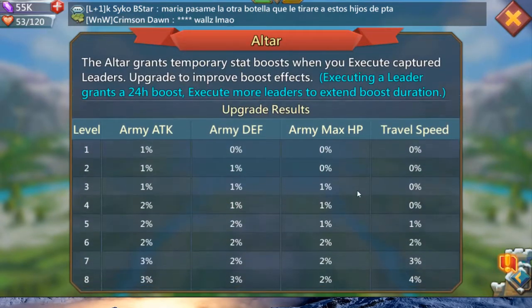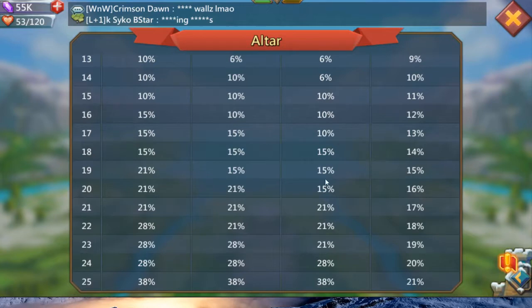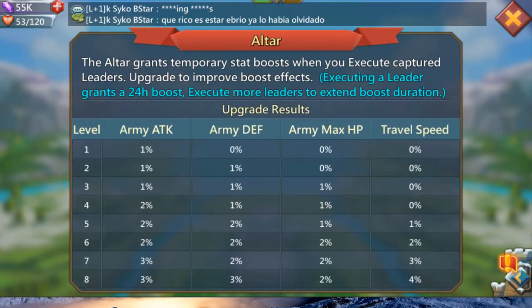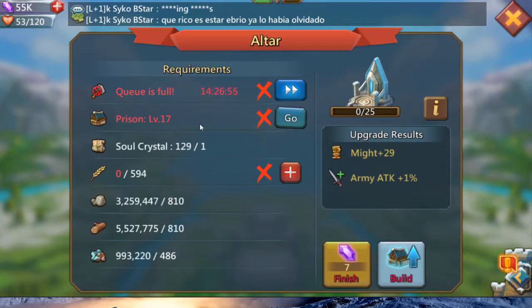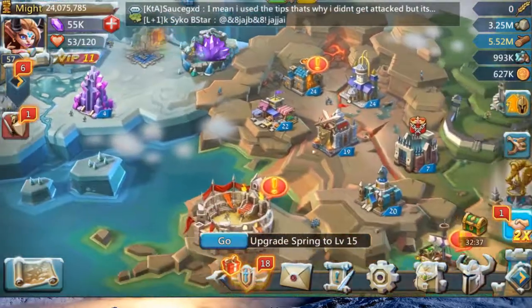So it's really important when you're gonna be out attacking and taking on other castles and other guilds that you have your altar leveled up as high as you can get it, as quickly as you can, because this is a big jump. From 22 to 25 is a 10% jump. So I need to work some more on that before I can even craft the first level of altar. I need to get my prison to 17, and I'm a ways out from being able to do that. I'm only at level